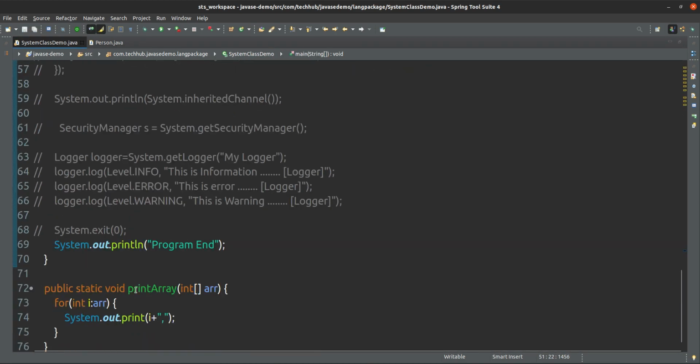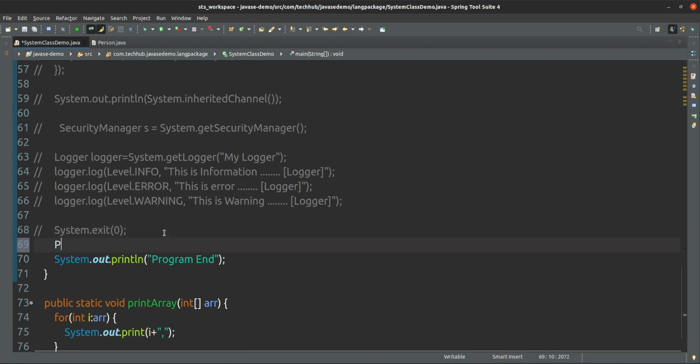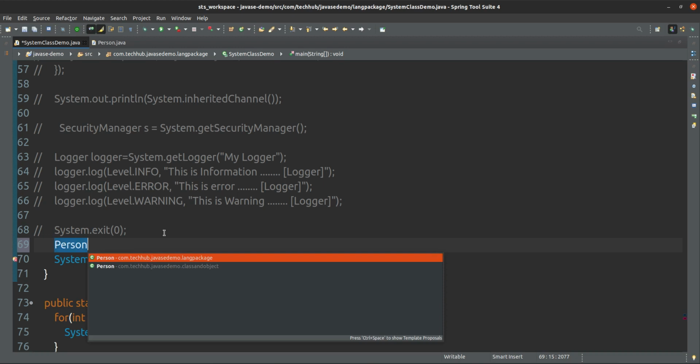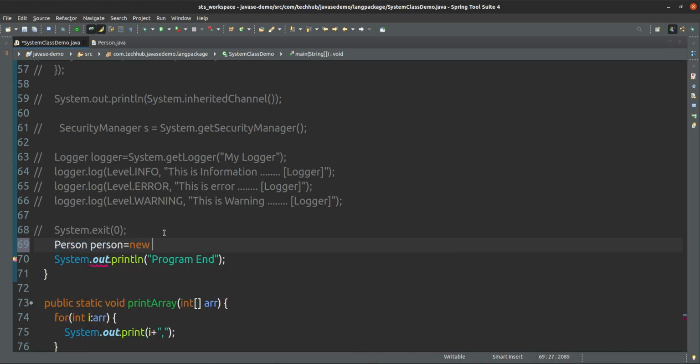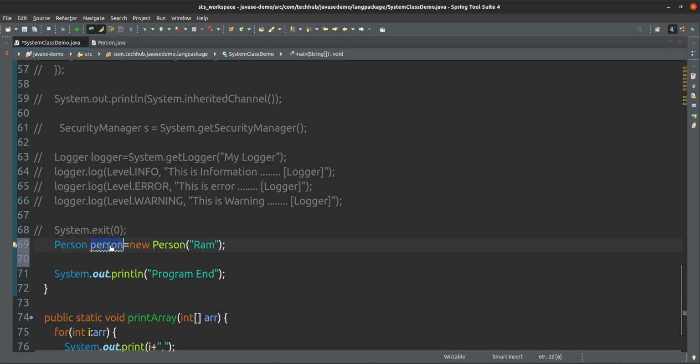Suppose here I have created one person object, person is equal to new Person, and I give some name. After that, person is equal to null, because the object is now eligible for garbage collection.